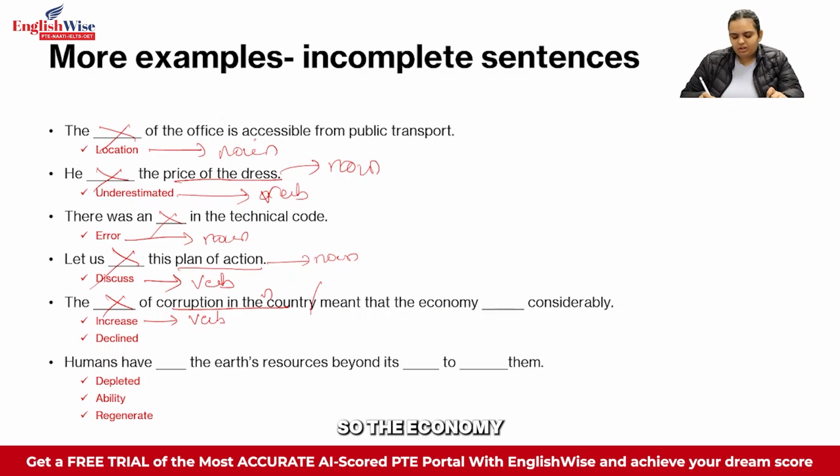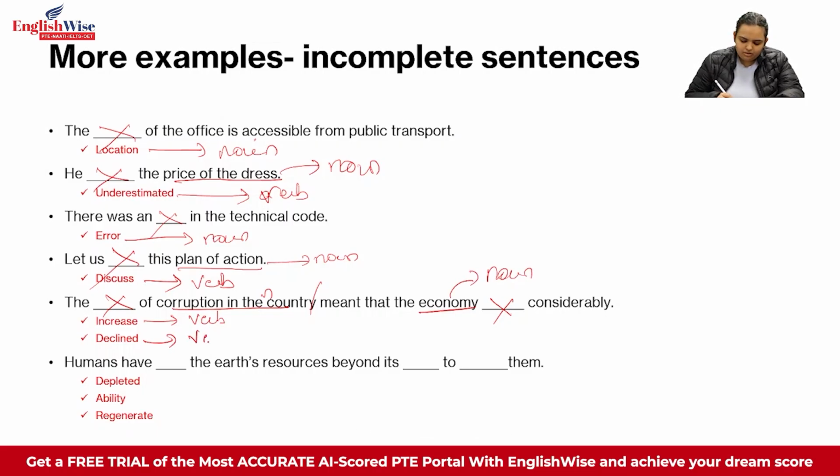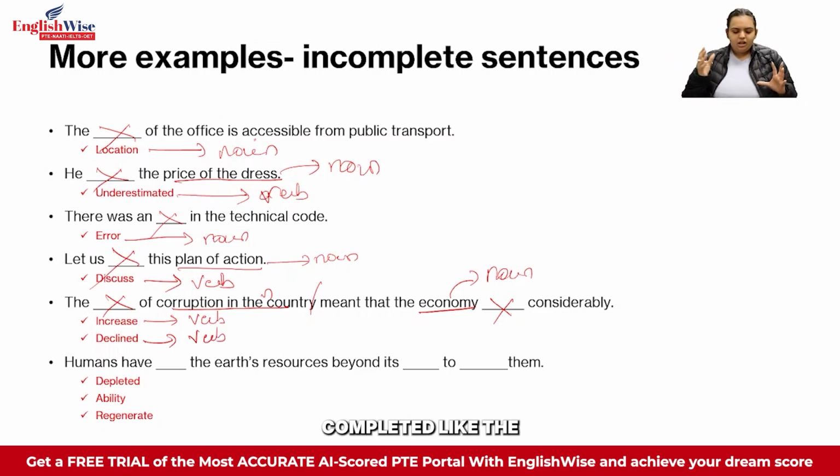So, the economy considerably, this does not make sense either if read without the blank. The economy considerably. So again, I will put either a noun or a verb. Again, the verb is missing over here, guys, because the economy is a noun already given to you. So I will put declined. Now the whole sentence can be completed like: the increase of corruption in the country meant that the economy declined